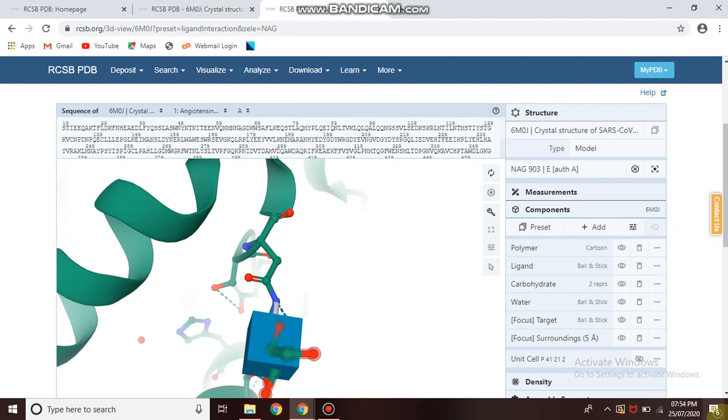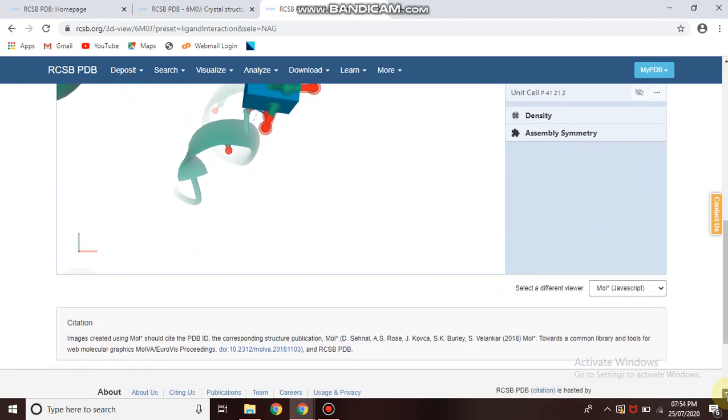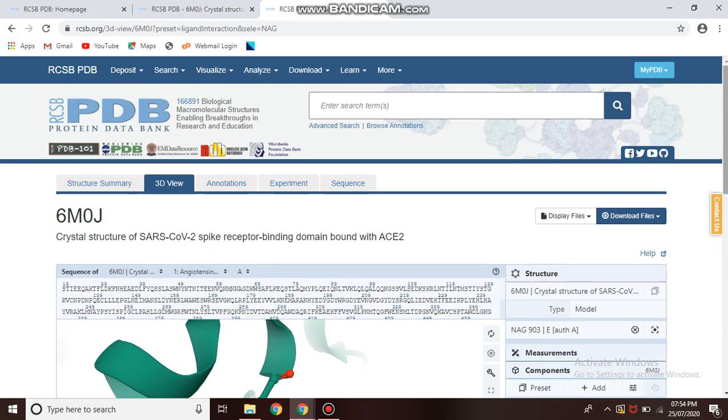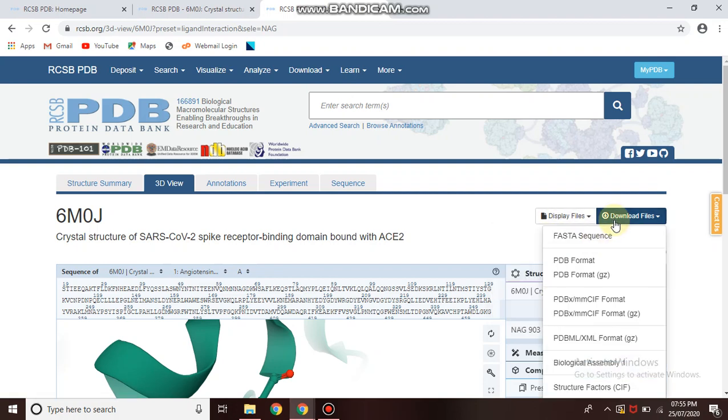You can simply go to the interaction study, or else this is an overview of that particular protein, and you can even download the FASTA sequence of the protein, and you can download the PDB format.